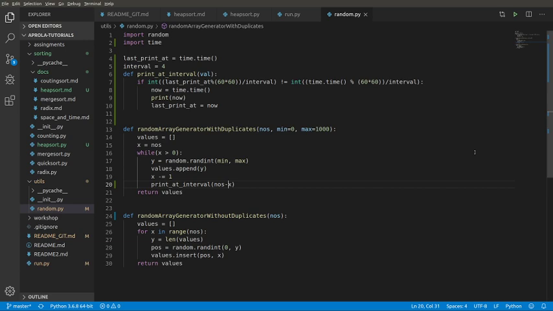So NOS minus x, this is the percentage, 100 into